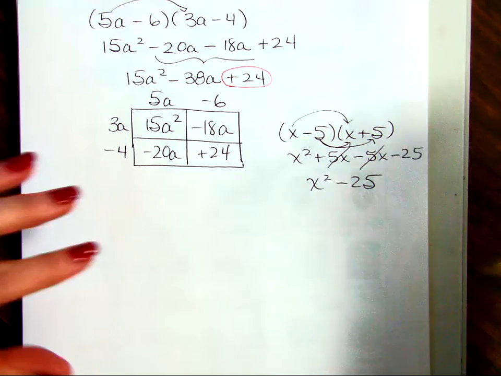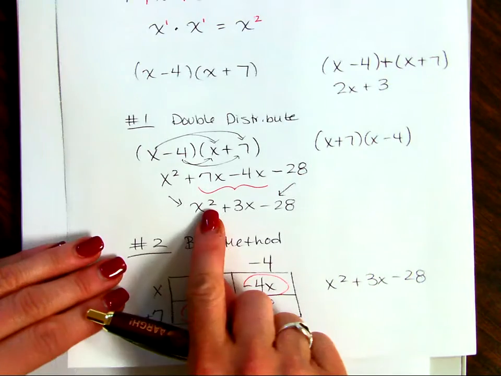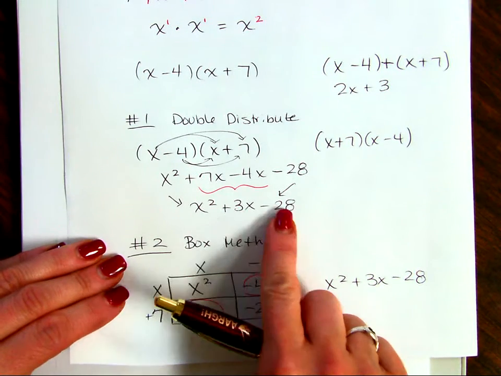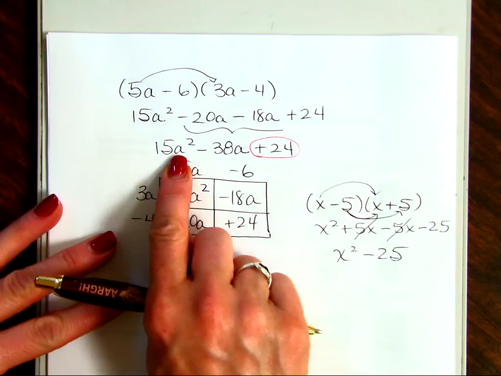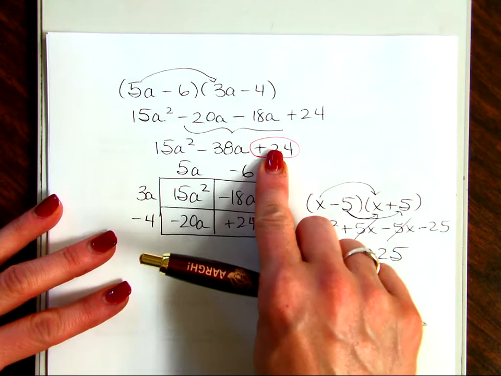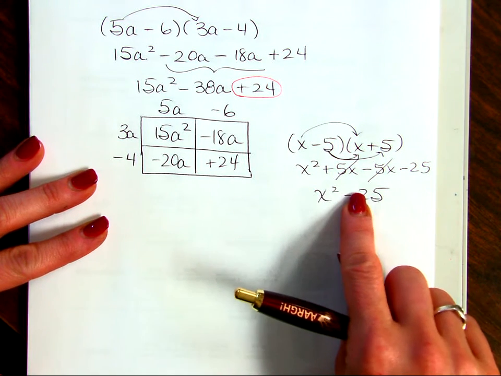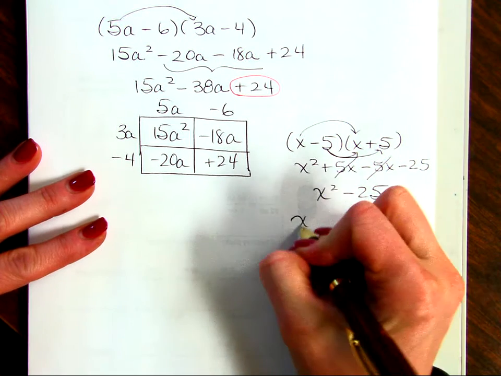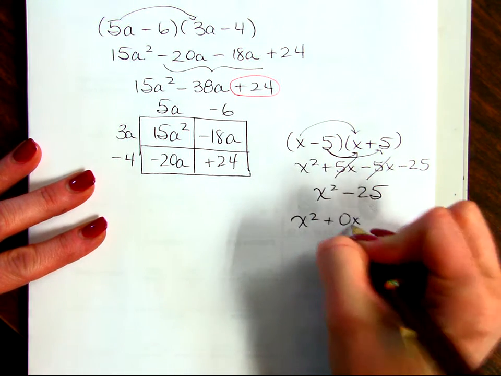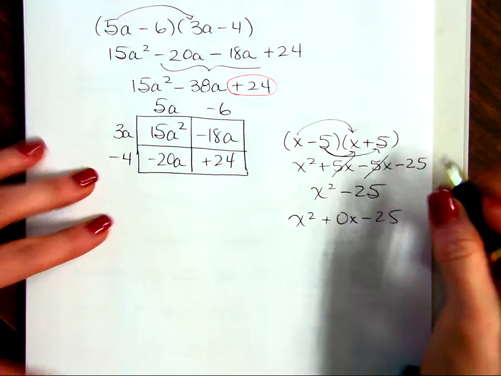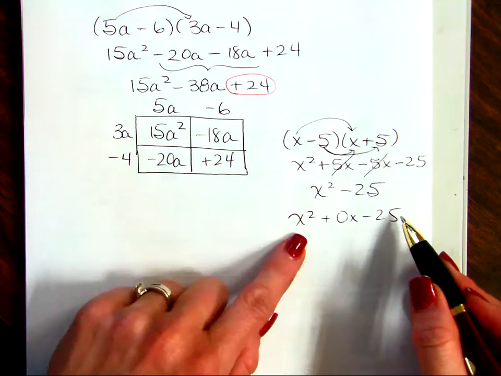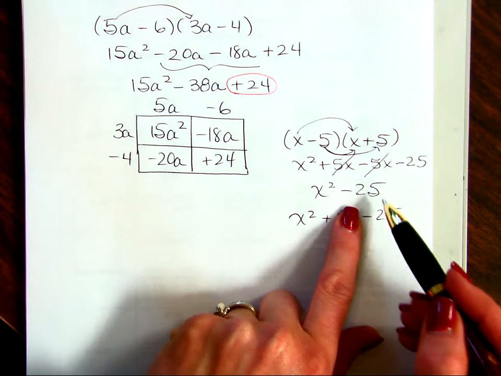which looks kind of weird because in all the other problems we've done, we had an x squared term, an x term, and a constant. An a squared term, an a term, and a constant. In this particular case, it's like that middle x term canceled. So it's kind of like saying I have x squared plus 0x minus 25, which is the case, okay? But you don't write that. So this is going to be the answer that you see,